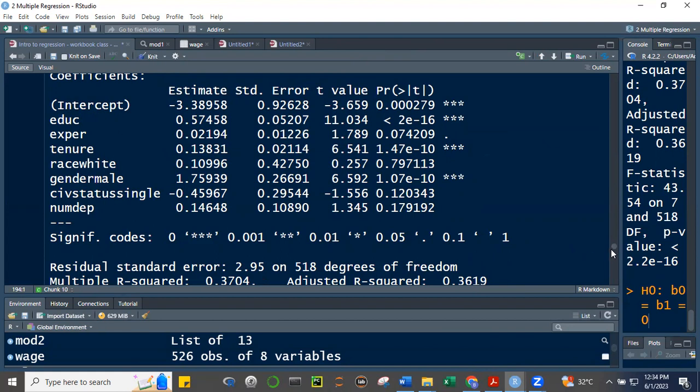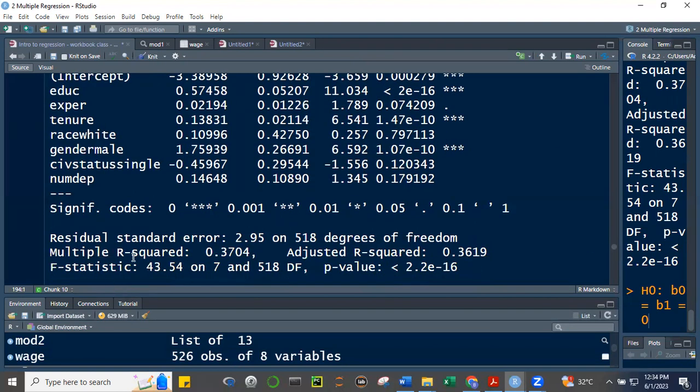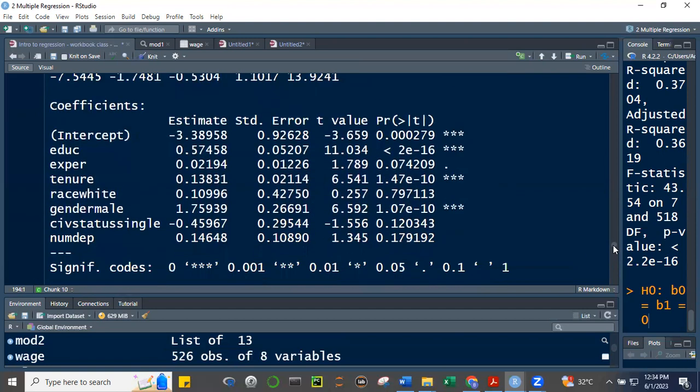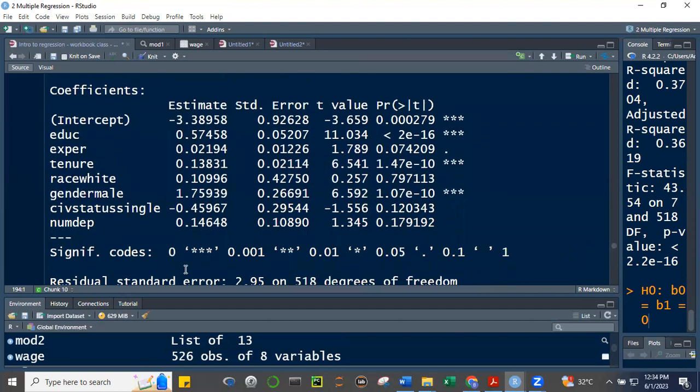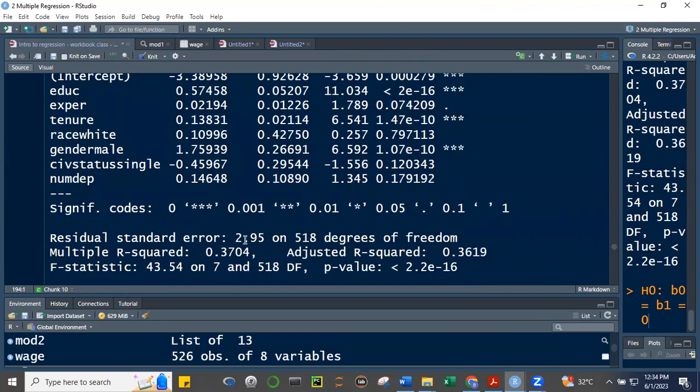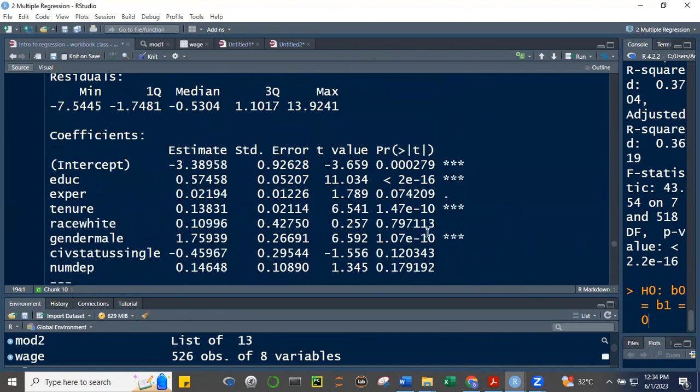And I just want to point out that you can see here that the multiple R squared, 37%, increased. Kanina 16% lang. So by using more predictors, you're able to explain more the variation of your dependent variable hourly wage. Mas na-explain natin siya. Naging 37% kanina, 16% lang. Okay, and some variables are not significant. And we will explain what this is. Ano tong race white na to, gender male, etc. Okay? All right. So let me